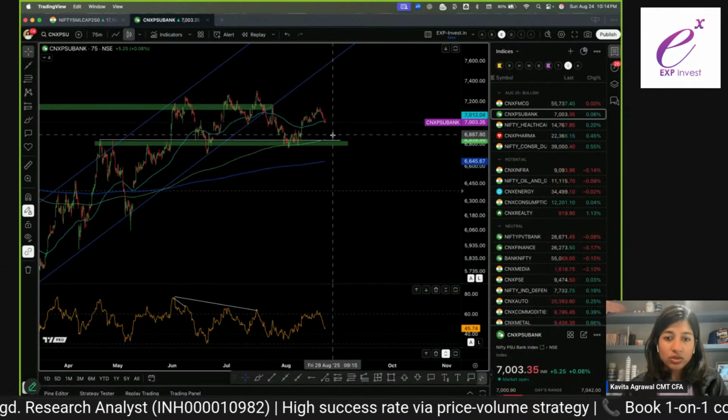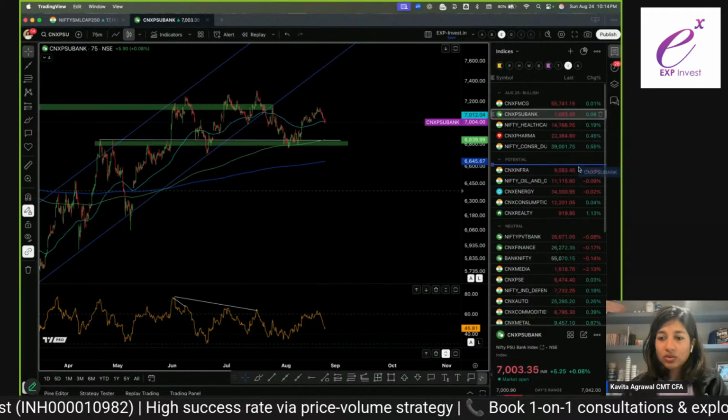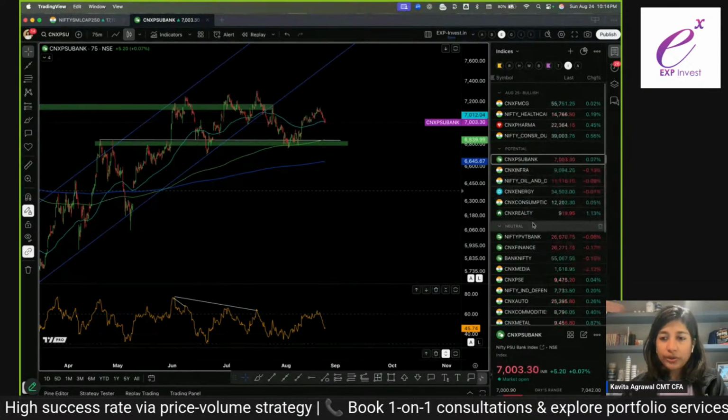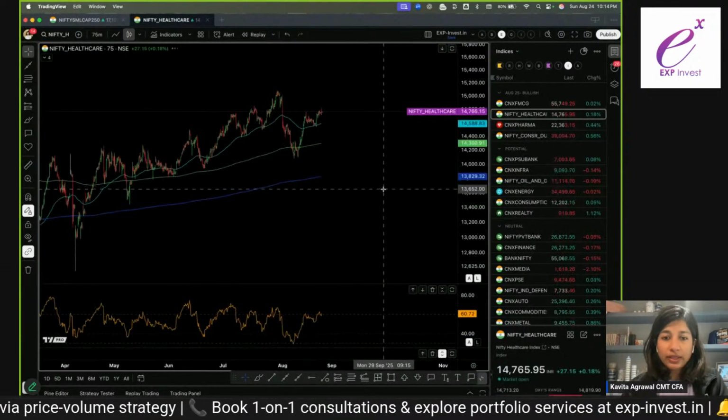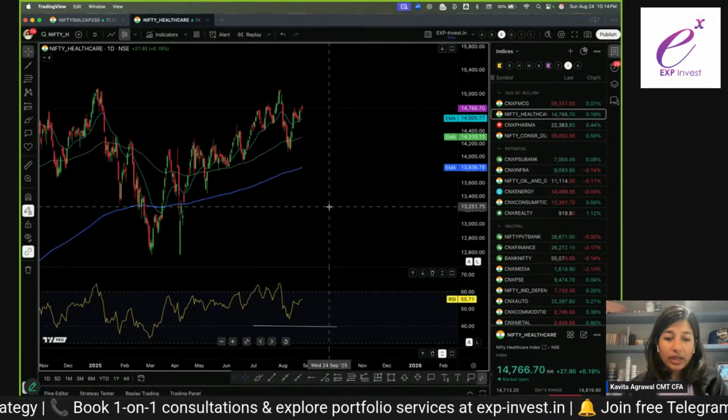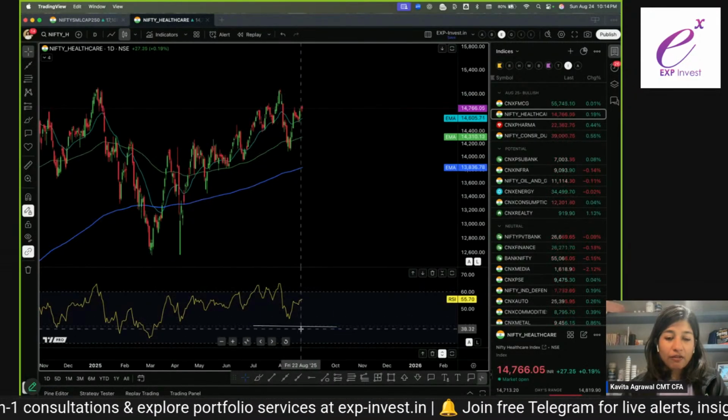So I would want to see some correction back here. So I'm going to move it to potential, not to neutral. Next is healthcare. So in healthcare, I can see on the daily we have positive range